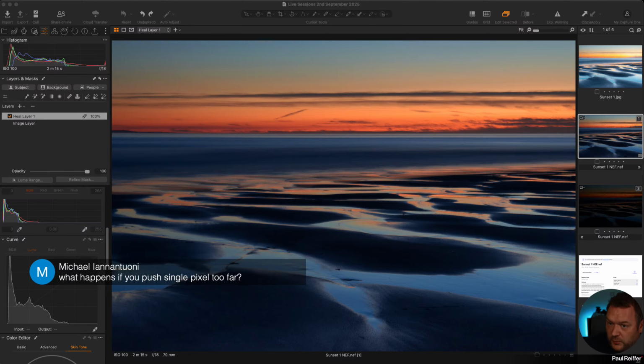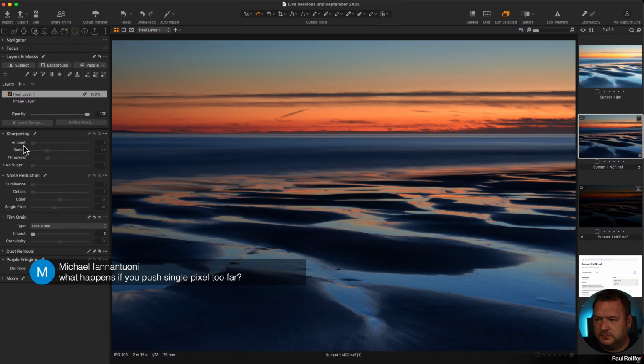The second, the worst one, and I have seen this and we've demoed it, I think, a long time ago before. If you push single pixel noise reduction too far on a picture of the galaxy, you'll find some stars go missing. Now, in theory, it shouldn't do that because it's looking ideally for single red, single green, single blue, which stars aren't. But they can appear to have a color tint. And if you push the slider too far, it will also get rid of, as you saw, what can be a pure white pixel, i.e. a star. So it's rare that you get the stars up at the 255 level, which is what single pixel is looking for. But if you do, and you push that single pixel slider too much,